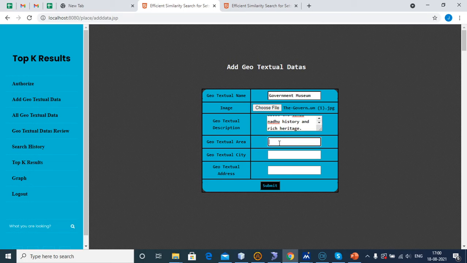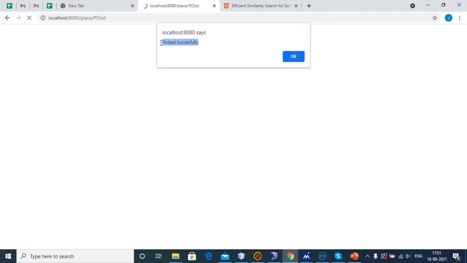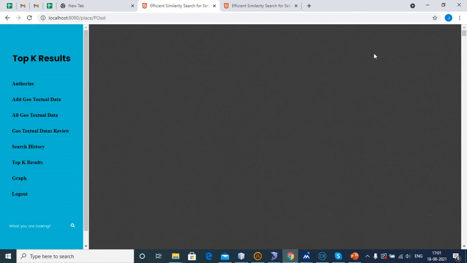Next, which area? City. Full address. All the information has been added successfully.